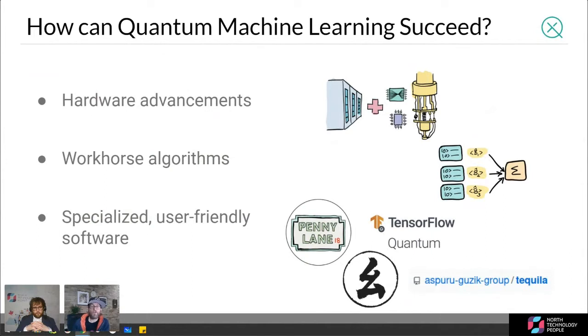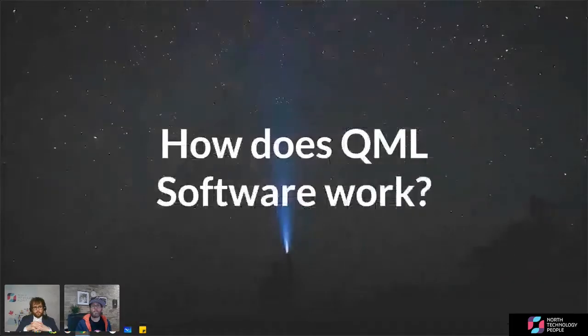And finally, this third pillar that we talked about for deep learning, we're seeing this as well for quantum machine learning. There's an emerging software space for quantum machine learning right now. Like I mentioned already, at Xanadu we're developing PennyLane, but we're not the only player in this game. There's also TensorFlow Quantum, also Tequila from the University of Toronto, to name a couple. So there are various frameworks that are starting to come out to facilitate this rapid development and prototyping of quantum machine learning algorithms.